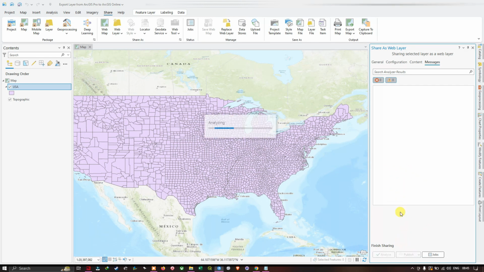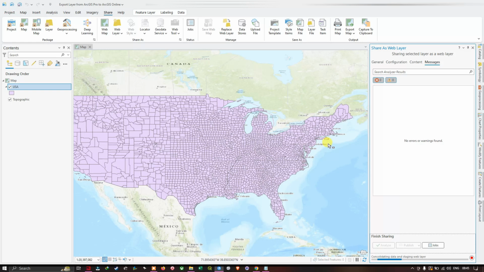So it's analyzing it again. You can see here it is starting consolidating the data and tagging the web layer. It is now currently uploading the service definition. You can see from below here. Now in the below we have this message stating the web layer published successfully on the date and